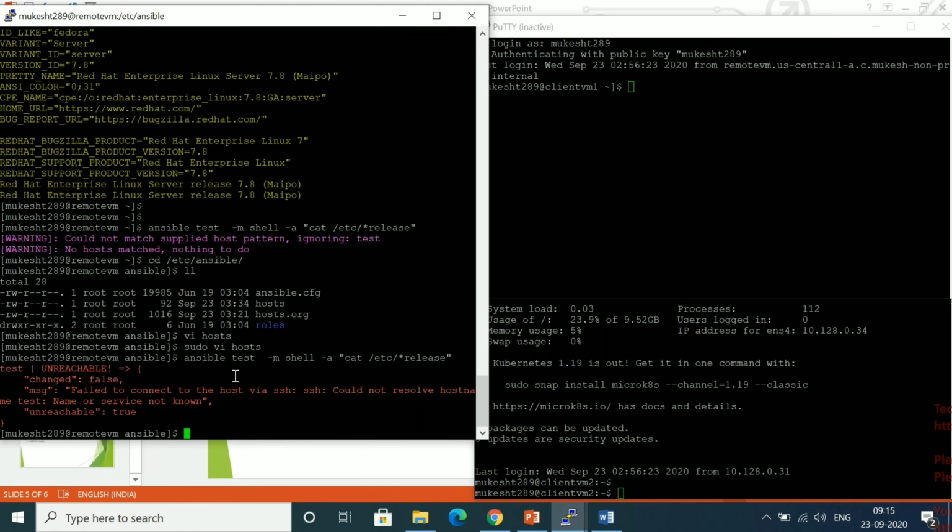Now you can see what's happening. Ansible goes and reads the inventory file again, and it finds the test VM name. Then Ansible thinks, I have the test VM, so I have to perform the task. Then Ansible performs the task, and when checking the host, it's unreachable. Earlier, before checking, Ansible did not find the VM, so it said no hosts matched. I hope you understand what I'm trying to say. So this is the Ansible ad hoc command.